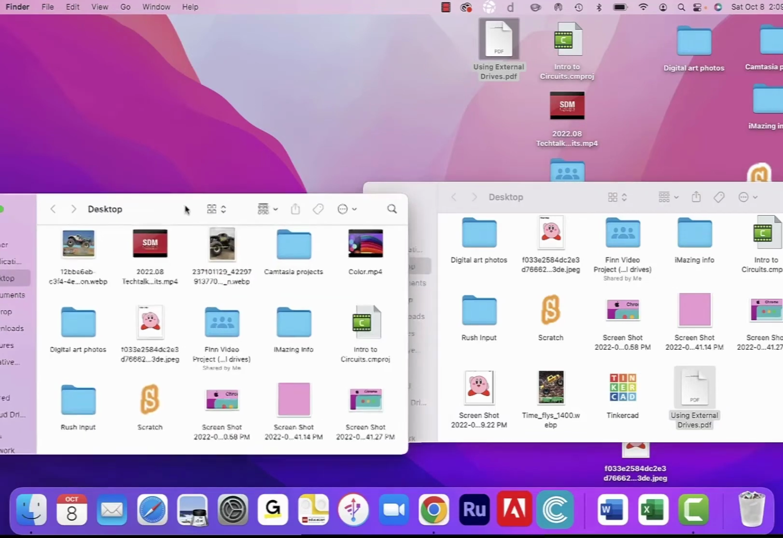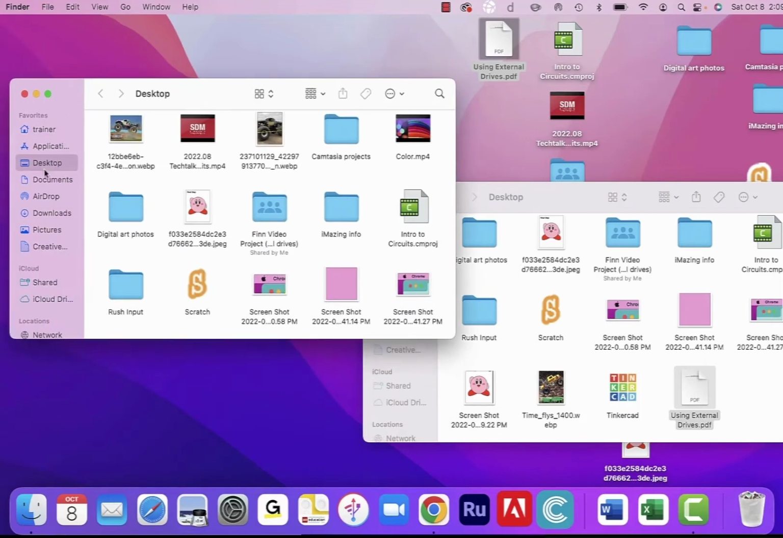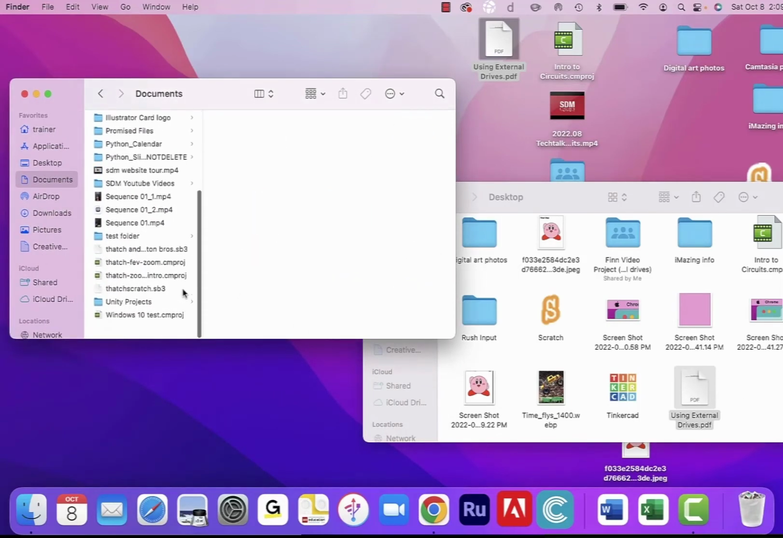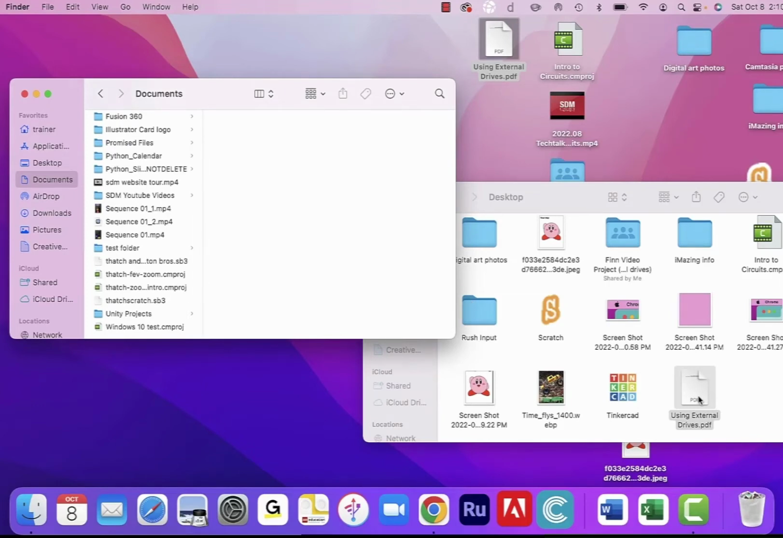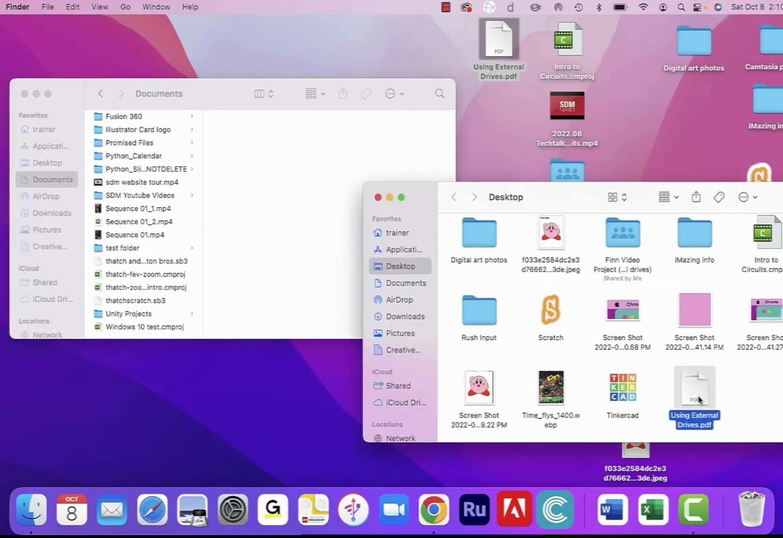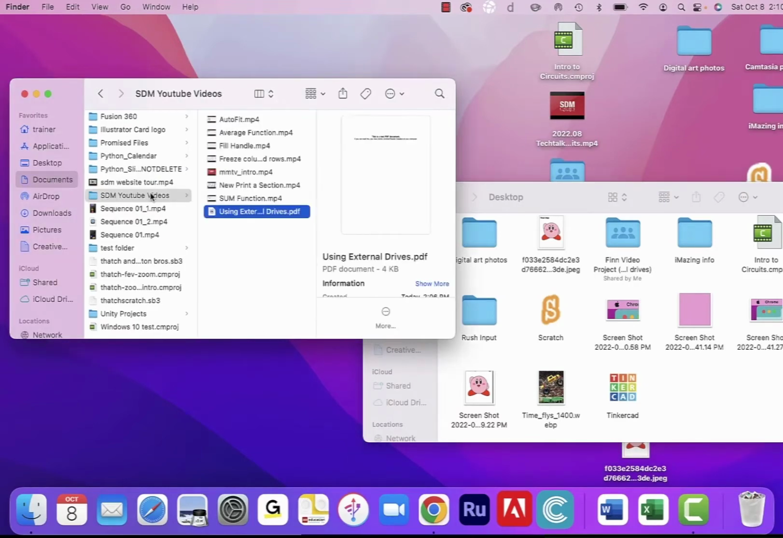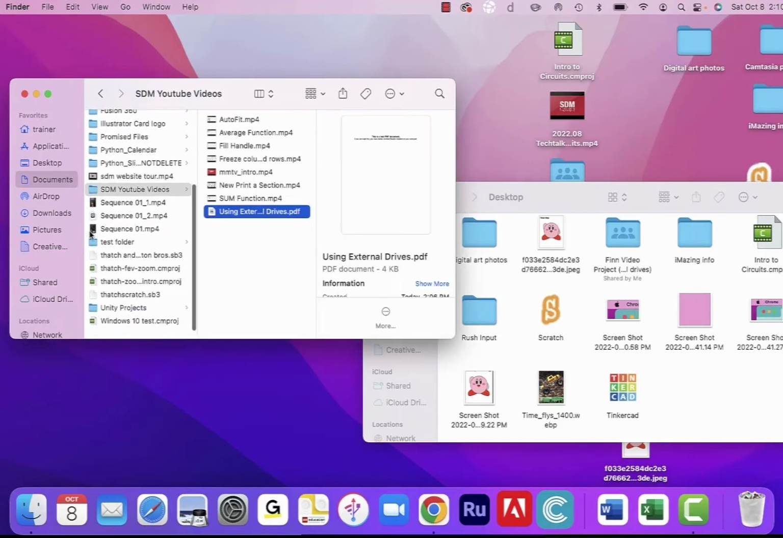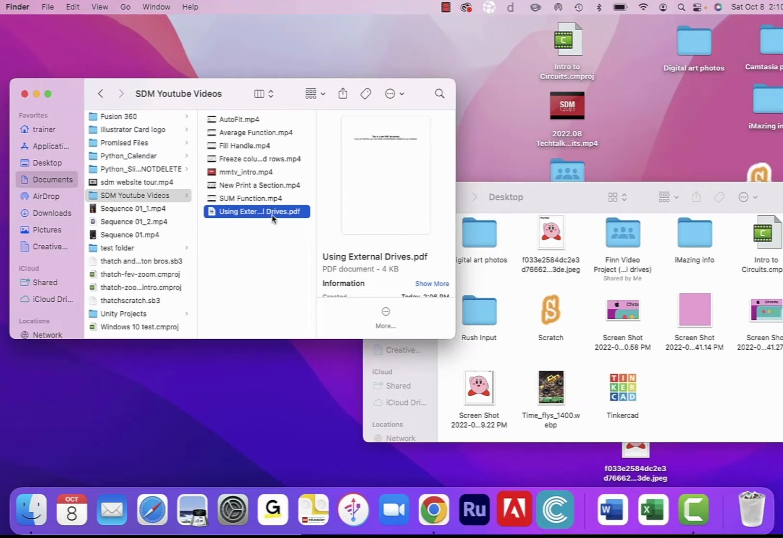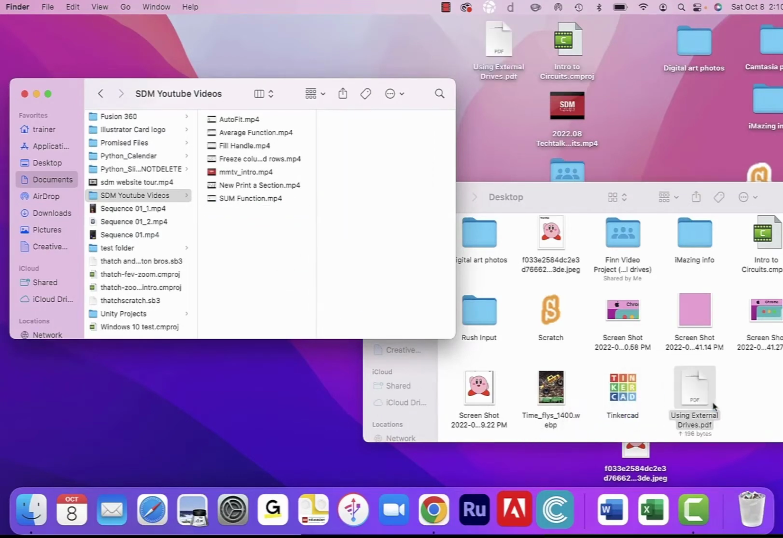Now, there's a few ways you can do this, but the way I'm going to be doing this today is just dragging it into my Documents folder. So I'm going to click it, using external drives. I'm going to click and hold as I drag it into Documents. Now let's just put it under SDM YouTube videos, right there. Now if we go back into our documents and we open SDM YouTube videos, we can see that our new drive is right here. Now if we want to, let's say, move it back, we can always drag it back and it'll move there,